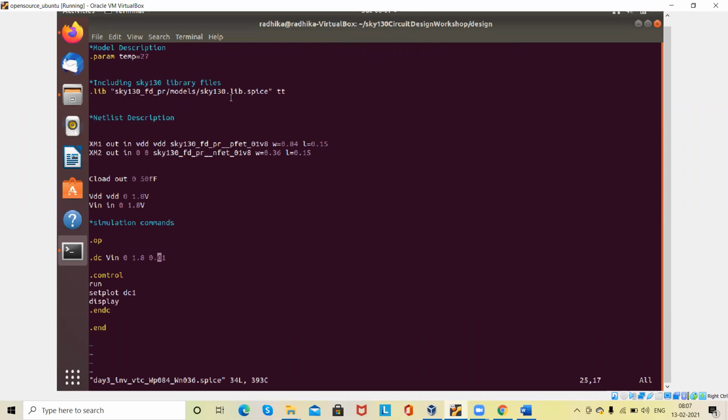Here we are again considering lib.spice, and we are doing it in typical corner. For CMOS, we are including both NFET and PFET. For PFET, we are sizing the width W of 0.84 micron, whereas for NFET, we are taking a width of 0.36 micron. So if we take the W by L ratio of PFET to NFET, it will be around 2.33, and we are taking a load of 50 femtofarads,